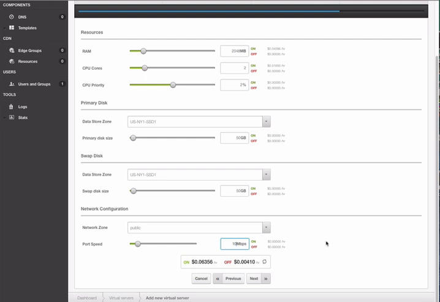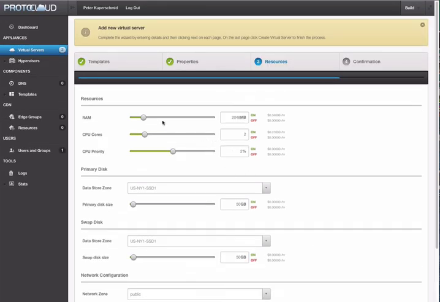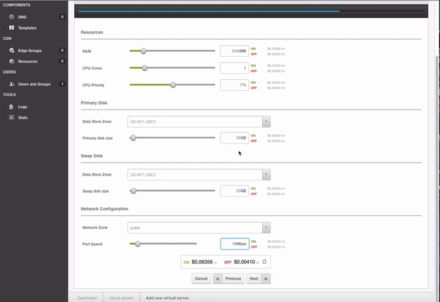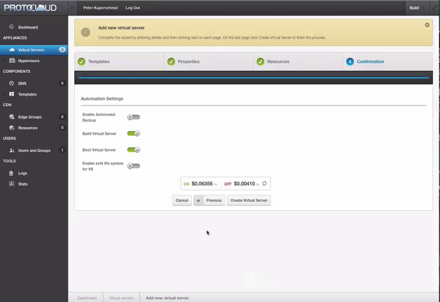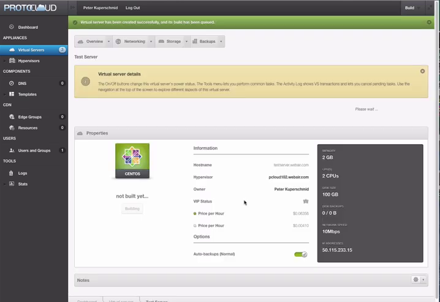So you have a lot of control here, as you can see. Again, we're picking how much RAM is going into the machine. We're picking how much CPU. We're picking how much disk space we're going to use and what we want our port speed to be at max. So look at that. It's a beautiful thing. We want to enable our automated backup, we want to build the virtual server, and we want to boot the virtual server. Okay, so this virtual server is building right now, and it takes a couple of seconds,